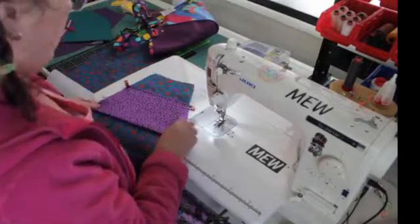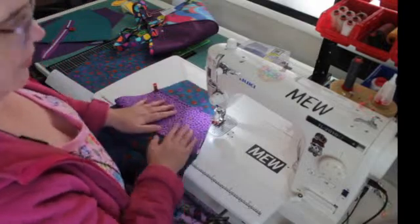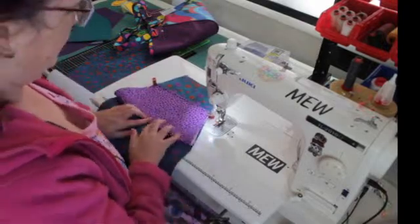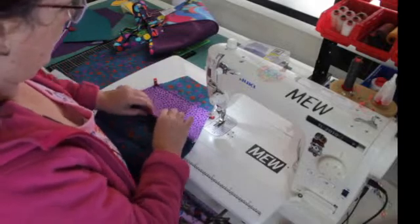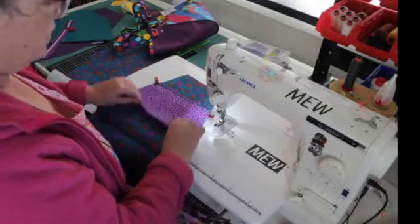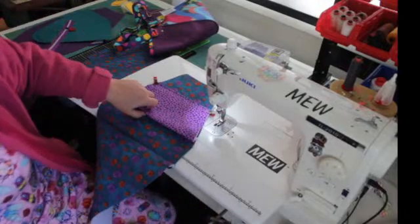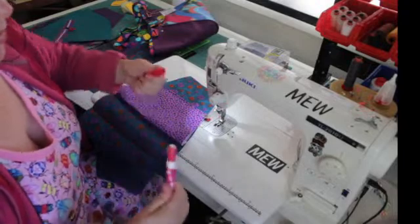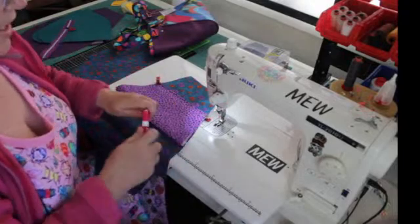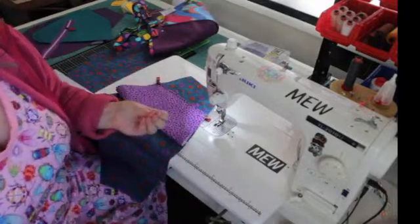So you can see it matches quite well on both sides. Now, we'll sew across the bottom here, and that's what makes the slip pocket. If you're finding it moving a lot and being really difficult, this is where the wash away fabric glue can be great. You can just put a line under there, and it will be just a little bit tacky,